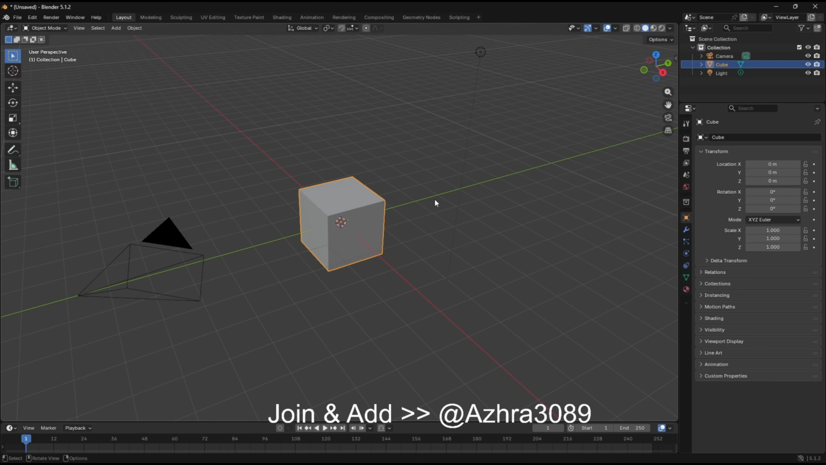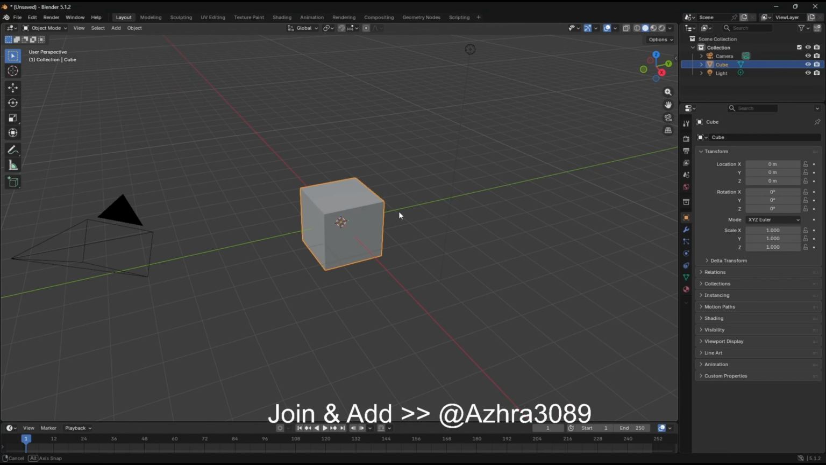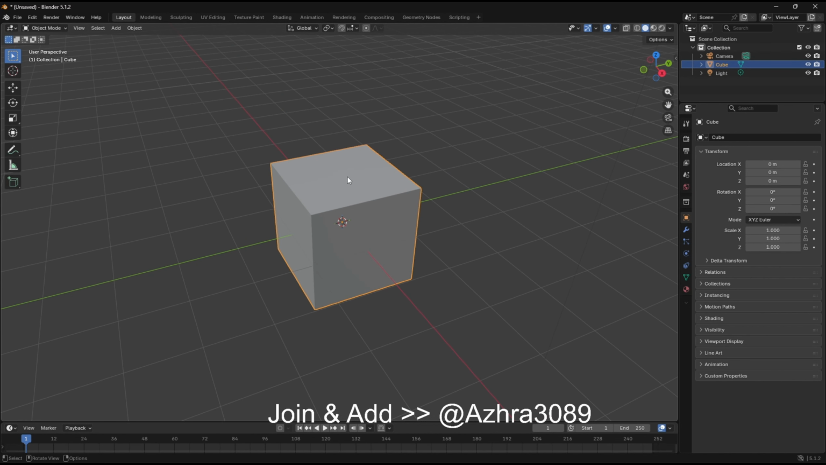Hello everyone, today we are going to learn basic Blender 5.1: how to add vertex. So we have this example cube object, and if you want to add vertex, you can go to edit mode